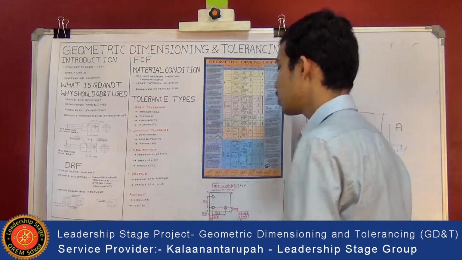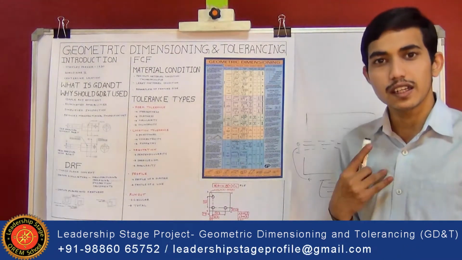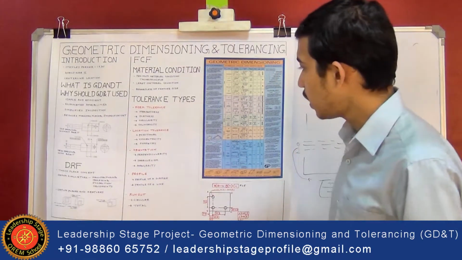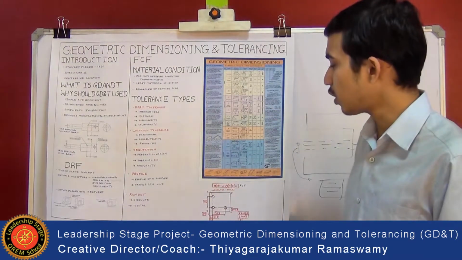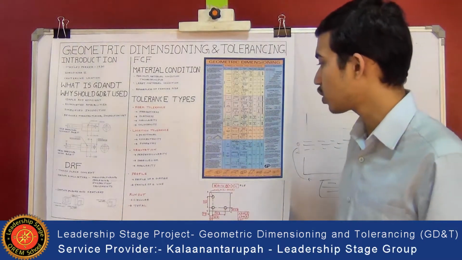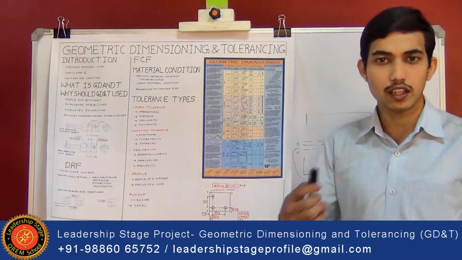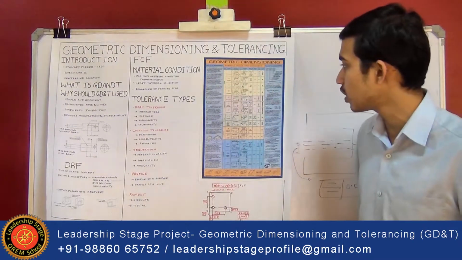These position tolerances are very much important. In almost all drawings position tolerances are used, because they are used to measure the distances of feature size from datum planes. Then finally last is runout tolerance. Runout tolerance is classified into two types, that is circular runout and total runout. In circular runout only circular elements are considered, whereas in total runout all types of elements are considered.